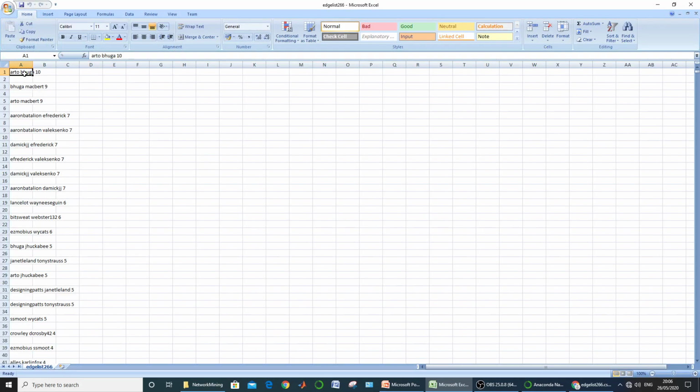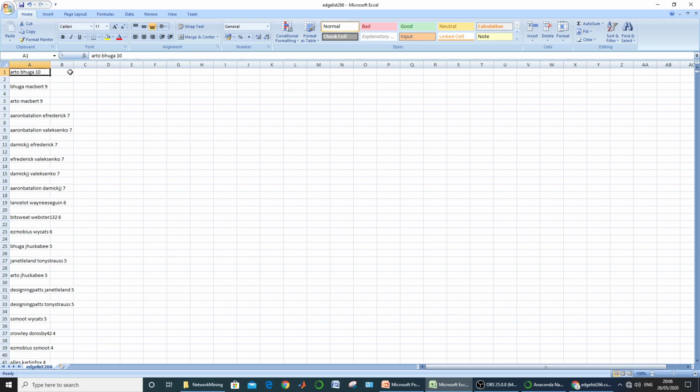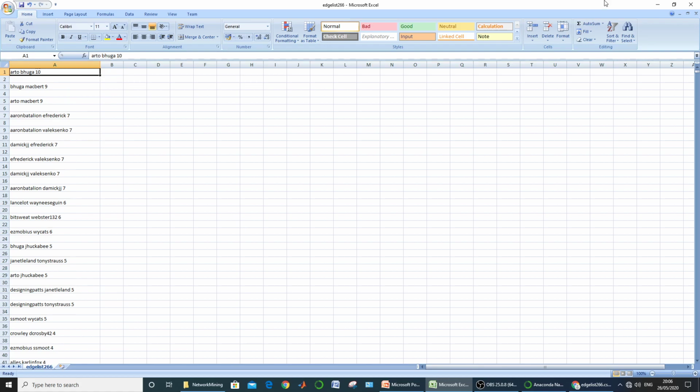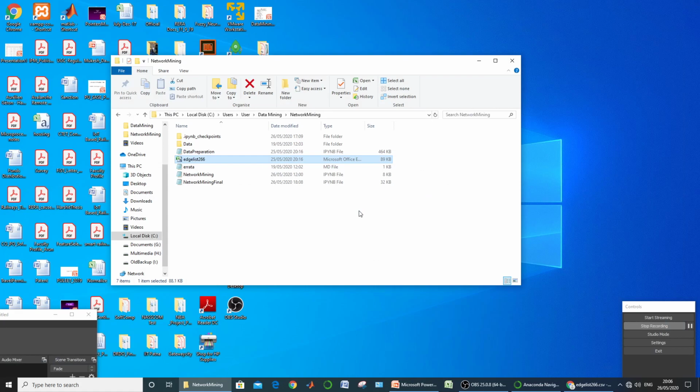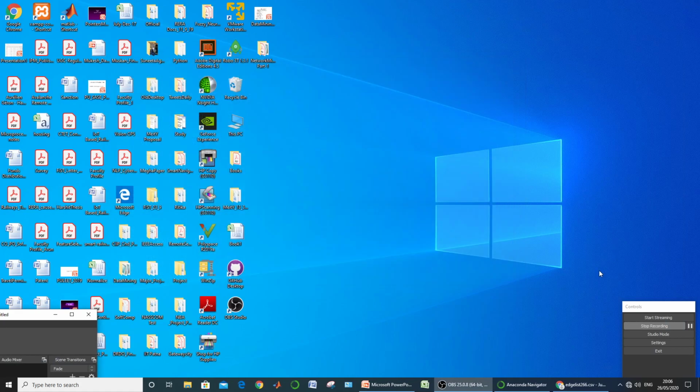Here again the edges are the same as we just saw in our Jupyter notebook. So we can access this both ways, through your Jupyter notebook as well as through the current directory.